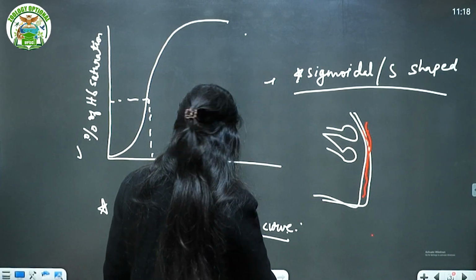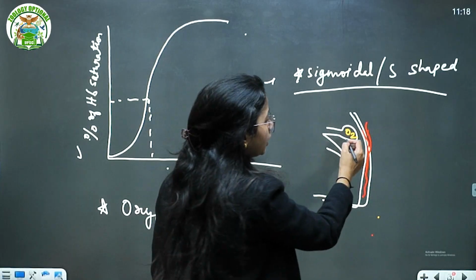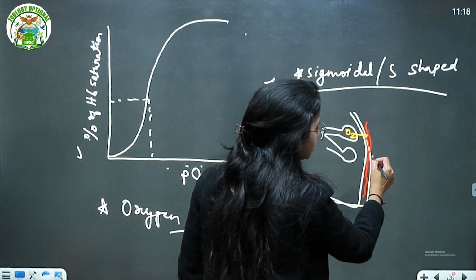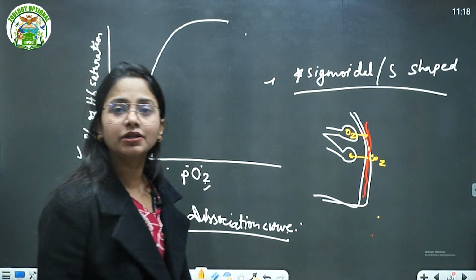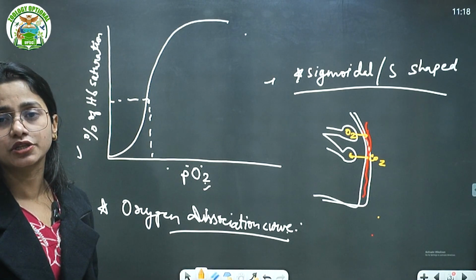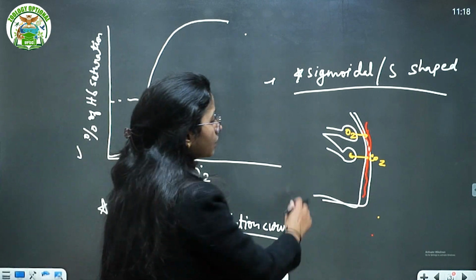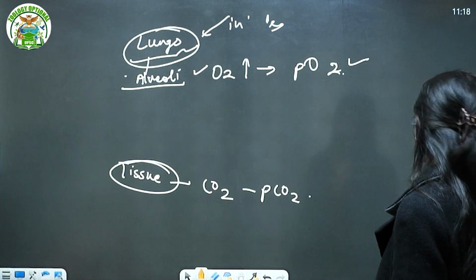So from here, what is happening: the oxygen is moving from the alveoli to the blood vessels, and CO2 is moving from the blood vessels to the alveoli, because here the concentration of oxygen is very high, so the molecular pressure of oxygen is high. Okay, so now we talk about in what state the oxygen is binding, how the oxygen is binding.